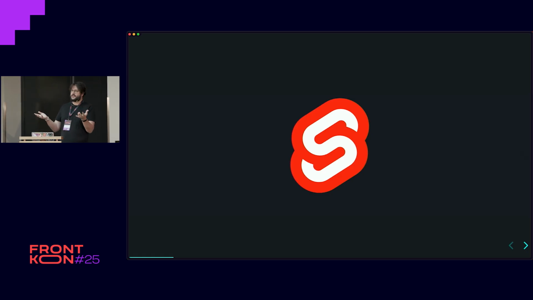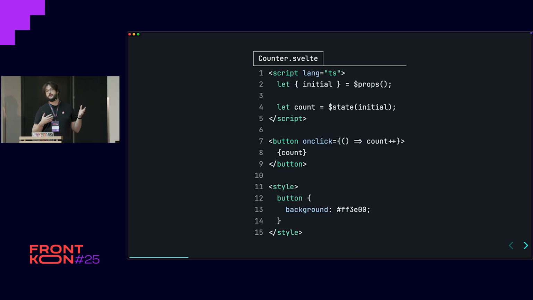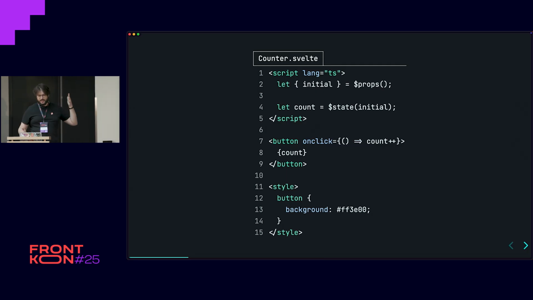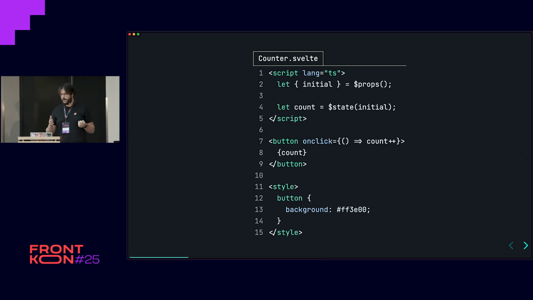Svelte is a front-end framework, much like React, but it uses a different strategy. Instead of needing to use set state or access .value and stuff like that, Svelte uses a compiler to turn a Svelte component, which is a language in itself, into efficient JavaScript code. You can see that it has three main parts. It has the script part, where you can use this props rune to get information from the outside, like a prop, information that the renderer of this component is passing in. You can create state to